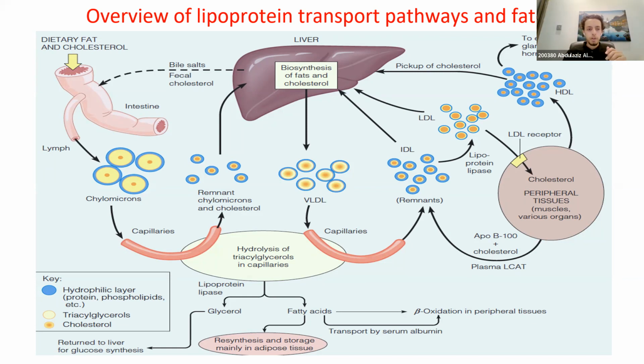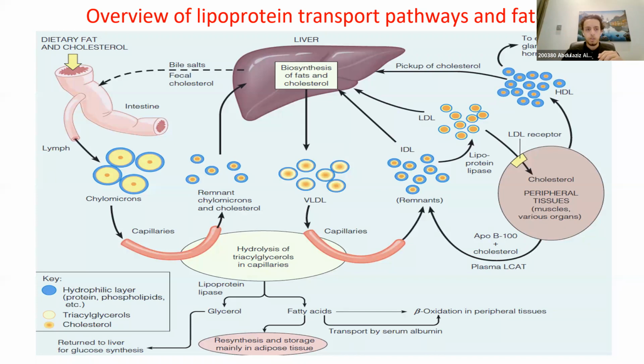In the chylomicrons, they're minimal blue, meaning they only have a little bit of protein. They have a lot of triglycerides and a little bit of cholesterol. In the HDL, it's high in protein and high in cholesterol, but very minimal in triglycerides. So I like this picture because it gives you a greater picture of the composition or the circulation